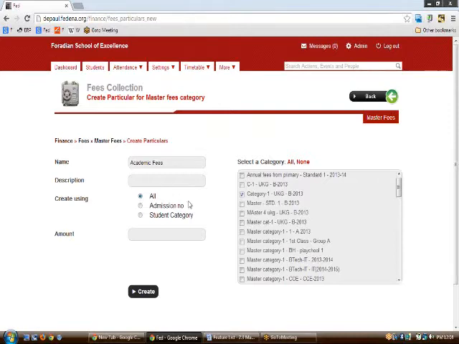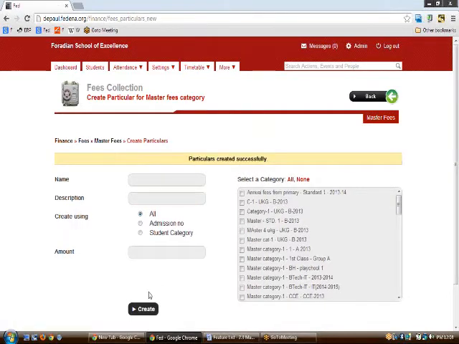So let us do it with all, and the academic and the amount that we need to fill up is, let us say it's 500, and create. So this creates the particular inside the category 1 UKGB 2013 batch. If you want to stuff more into it, you can also do it by repeating the process again.